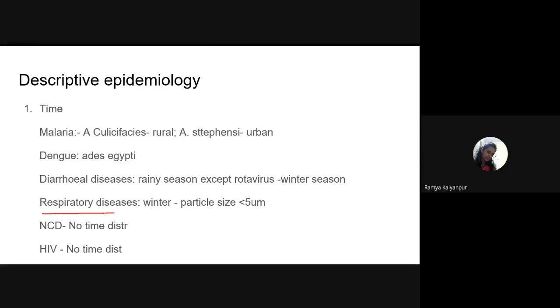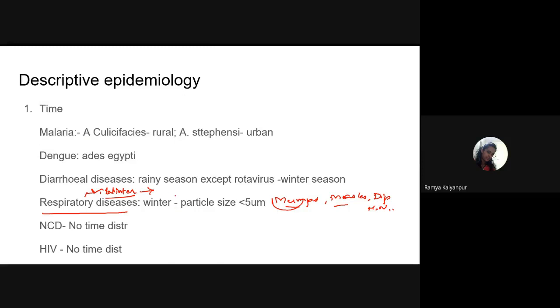Next, coming to respiratory diseases. So, can you name some respiratory diseases? Mumps, measles, COVID, diphtheria, H1N1. So these are all examples of respiratory diseases. And these respiratory diseases are again more in the winter season. So some questions may be asked to you, like mumps is most commonly seen in which particular season. So again you have to opt for the answer saying that it is in the winter season.